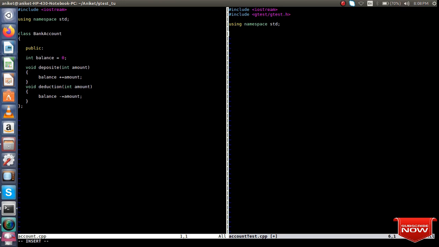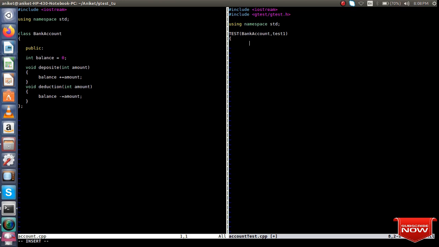Let me write my first test case, TEST. You can give any name. Let me write BankAccount, this is my first test, case 1. Now in order to access any member function of class BankAccount, I need to create an instance.